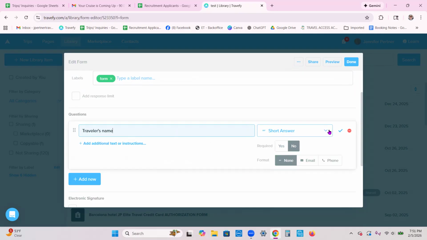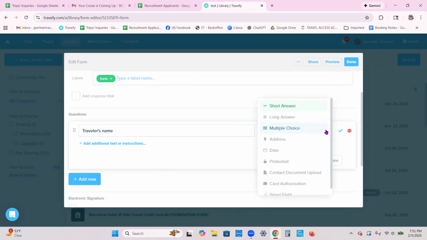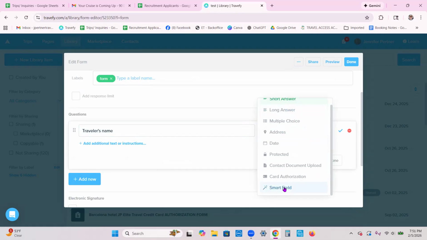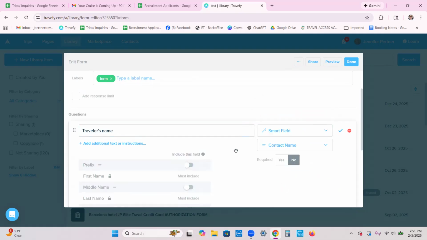Traveler's name. And here you decide what kind of answer you want it to be. You want it to be short, long, multiple choice. Okay, if you click back down here on Smart Field, then it's going to put their name right here into